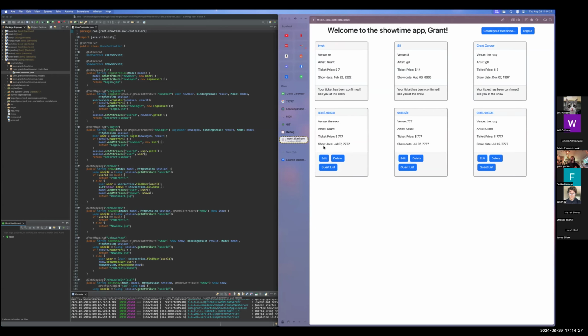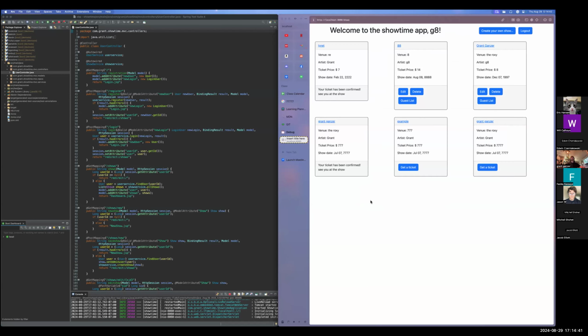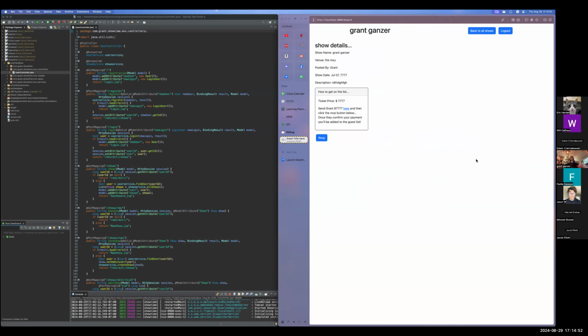So we create a show. But if I log out and just log into a different account, we'll be able to see how that populates. So it would be this show here, and we have get a ticket because this user has not yet RSVP'd to this event. So we can click get a ticket, and that'll take us to the show details,